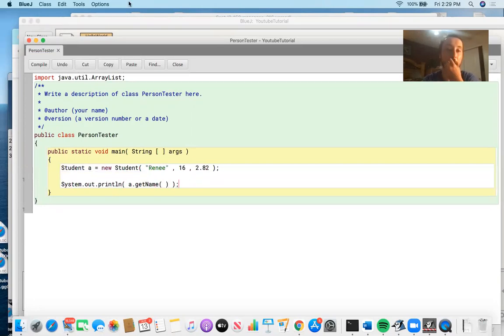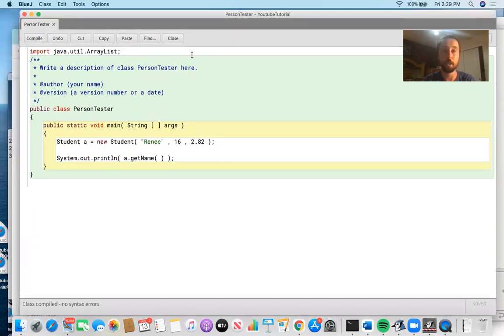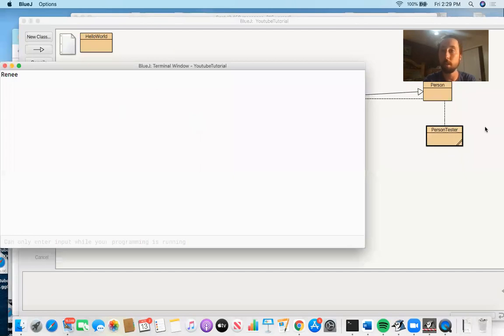So then what you can do is go ahead and use some of this functionality. So what if we wanted to get the name? Can we call the getName method, because we didn't write this method in the Student class? The answer is yes, because getName is inherited from Person. So since Student extends Person, Student gets everything that Person had. So now what we're going to do is compile it and run the main method, and indeed we get the